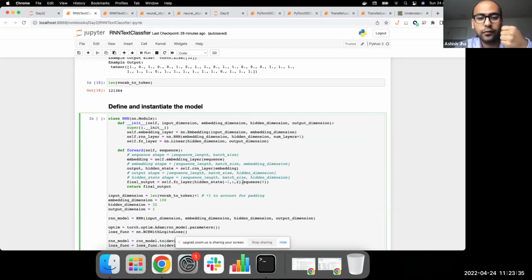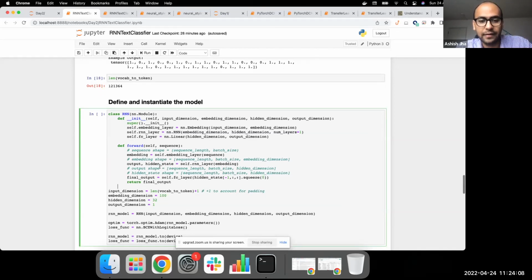And then of course we want to squeeze this first dimension because we want to make it the same dimensionality as the fully connected layer. So we feed it to a fully connected layer, all the 32 reviews of that batch with size 32, and we expect this fully connected layer to provide us just one output for all the 32 reviews in the batch. I hope that was the best I could try to explain this in limited time. I assure you, if you spend enough time on this code, looking at it, you will also get it sooner than later.